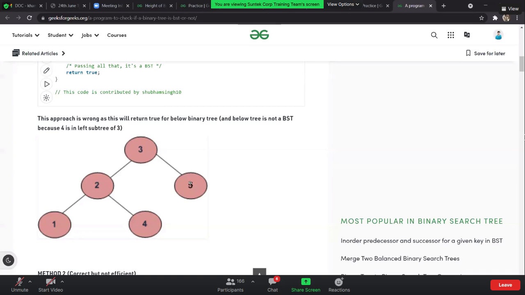So can you tell me what would be the right condition for this? What should we check for the right condition? On the right side of the tree, what is the condition that we need to apply? Perfect. Good.